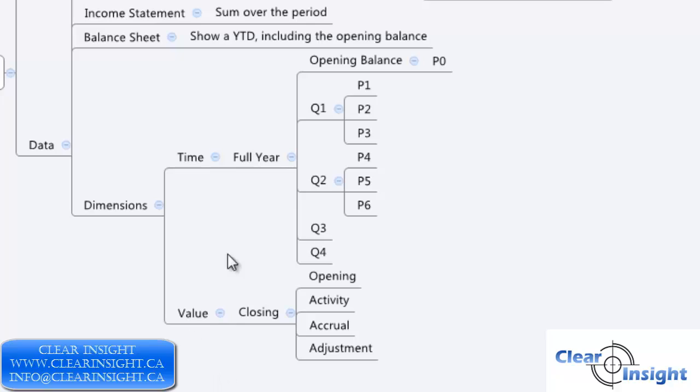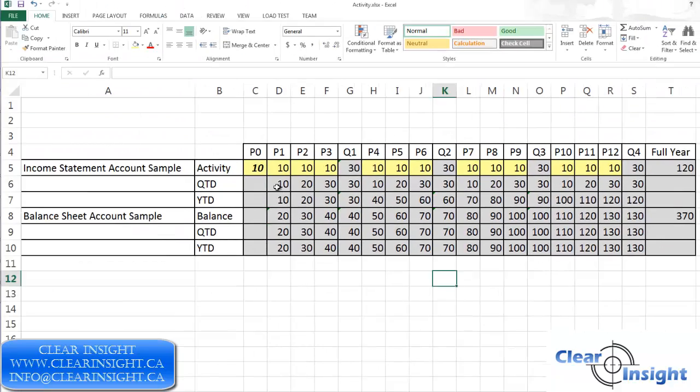So let's pop over to an Excel now. We're going to look at what this looks like from a formula perspective. The yellow cells here are really data. So these are the actual things that they're rows in a table or tuples in a cube somewhere that give us these individual elements. So for a particular account, we're going to have,